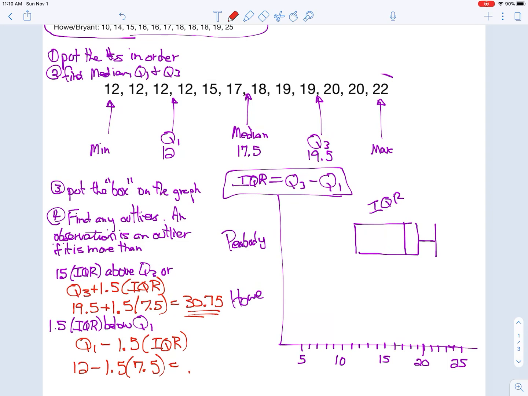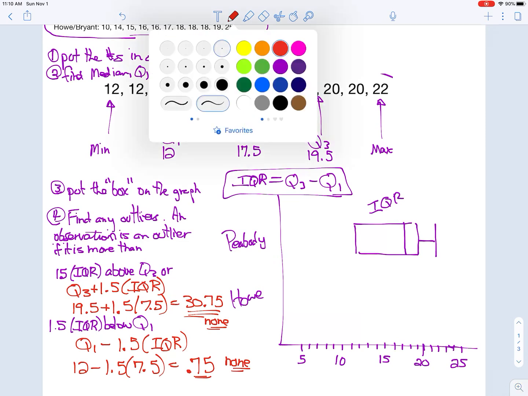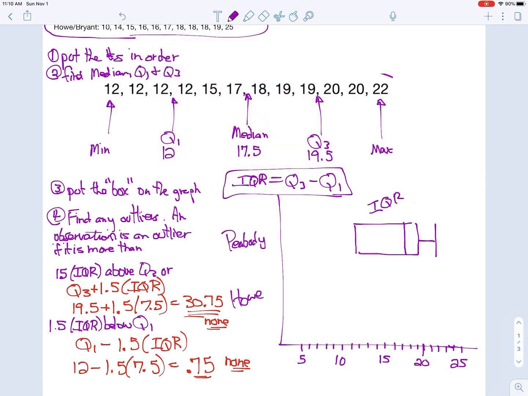Double check math here. It looks to be pretty low, 0.75. The lowest person had 12 candies. That is not even close to the 0.75. So I put a none, meaning no outliers, and I can complete my left whisker here at min